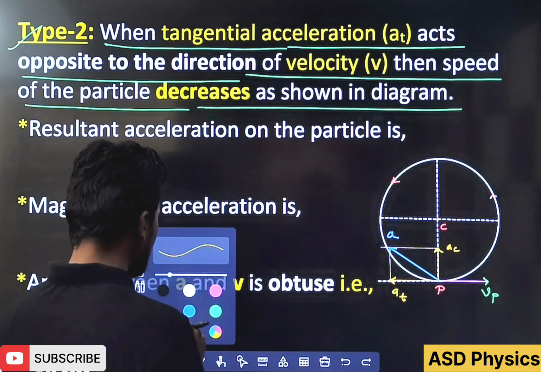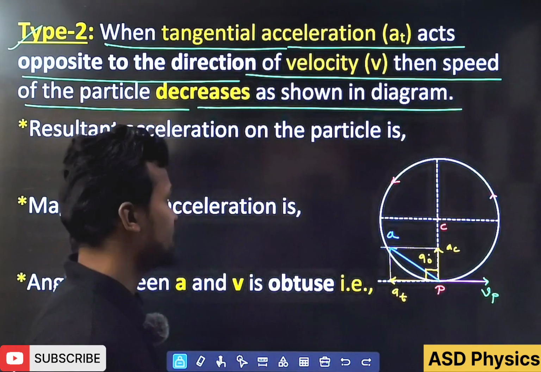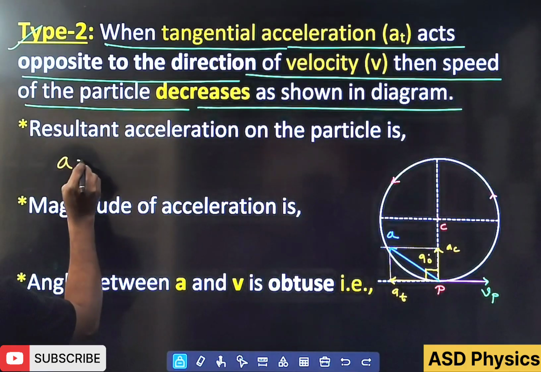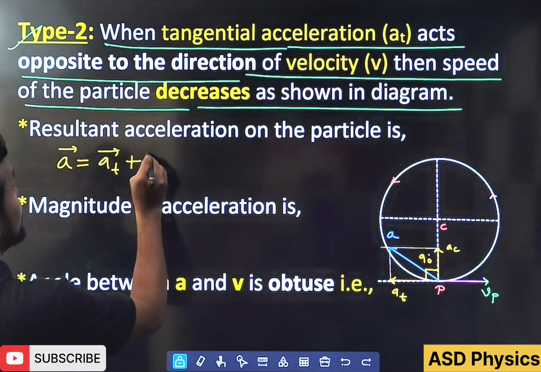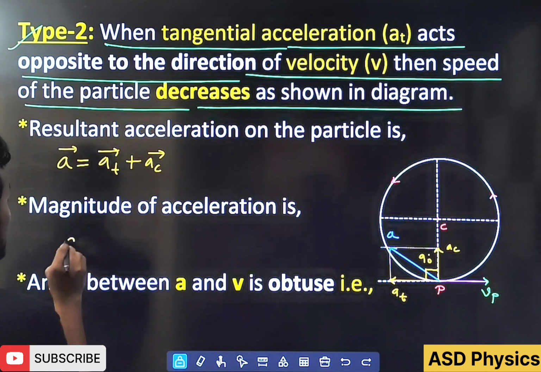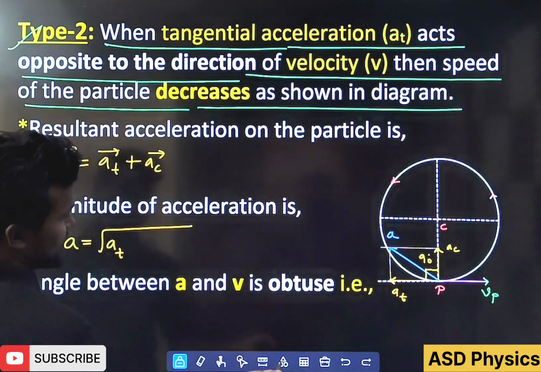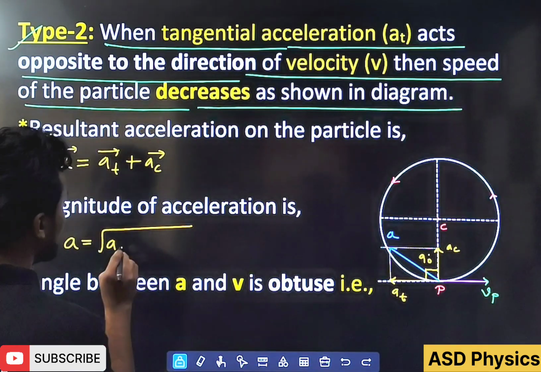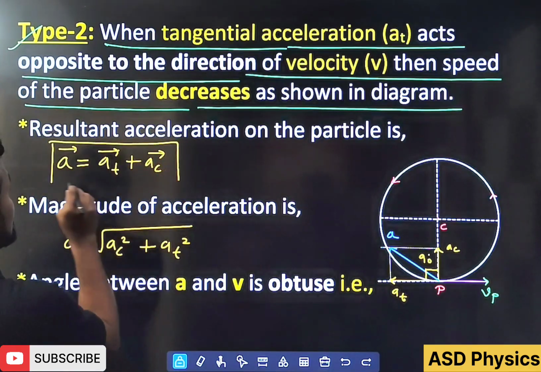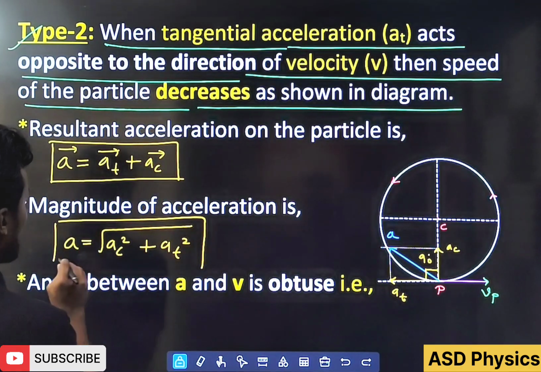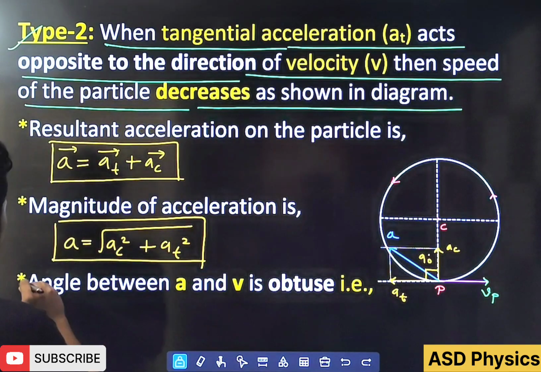Again, the angle between AC and AT is how much here? 90 degrees. So if I write the resultant acceleration in vector form as usual, it is vector AT plus vector AC. And what is the magnitude of the acceleration? Remember that it is the square root of AT squared plus AC squared, or, like the previous case, AC squared plus AT squared. Very similar to that. Now the most important thing is the angle between the velocity and the acceleration. So see,